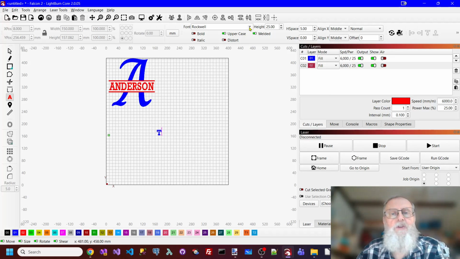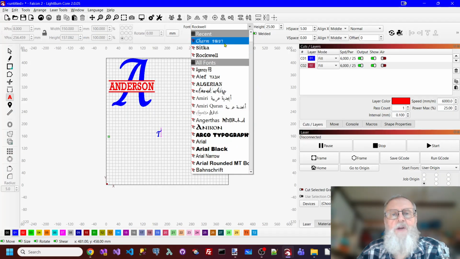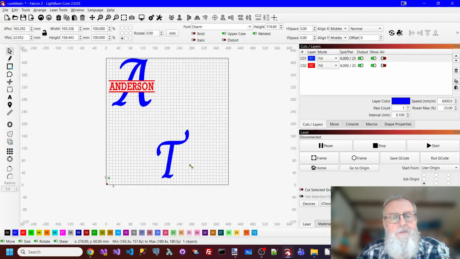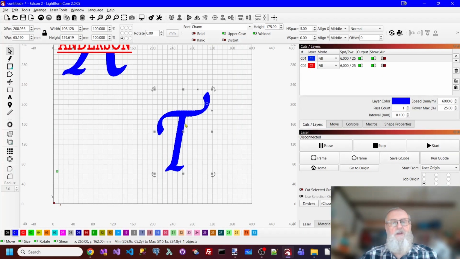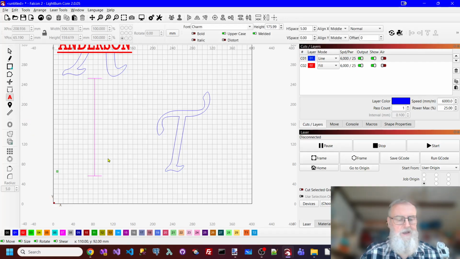But remember, I want to use my charm font. Change it to my charm font. And I want to make it pretty big. So this doesn't have a bar in the middle, right? So for now, I'm going to put on my blue background line layer. And I want my text. So I'll get my red layer, text, and